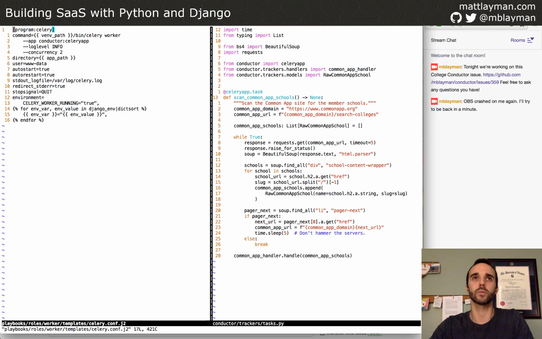But what you have to do with Supervisor is tell it the parts that you want to run. And what we're looking at here in this Celery conf j2 file, which you can see at the bottom is the file name. You'll notice a couple things about this. This is in a templates directory, and the ending here is J2, which stands for Jinja2. So if you look closely at this, you'll actually see some template markup syntax. So this is hooking into